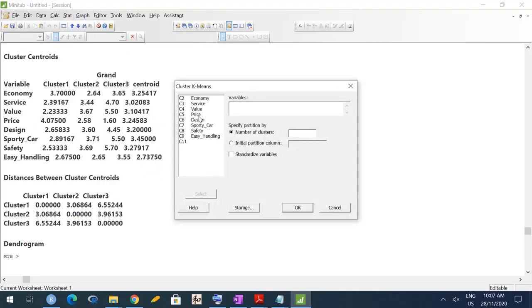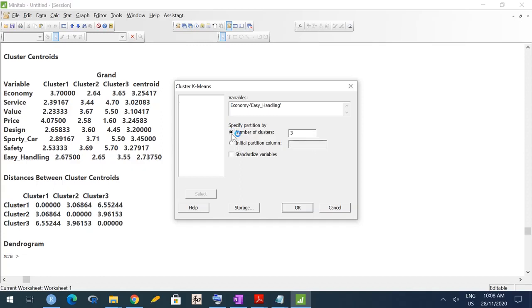Cluster k-means. We want the same variables to be clustered. Number of clusters, let us again go with 3. We can specify initial partition. Like I said earlier, if you carry out say hierarchical clustering first and you want to use means of those groups as seeds, then you will specify the initial partition column as members coming from hierarchical, that is C11.